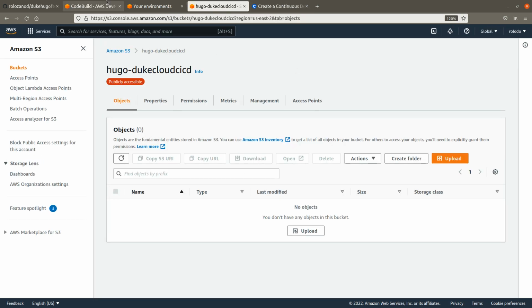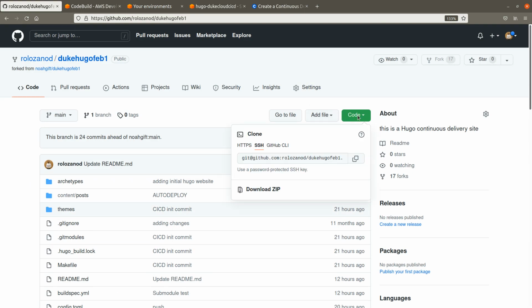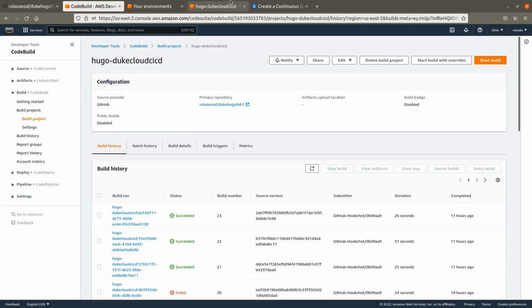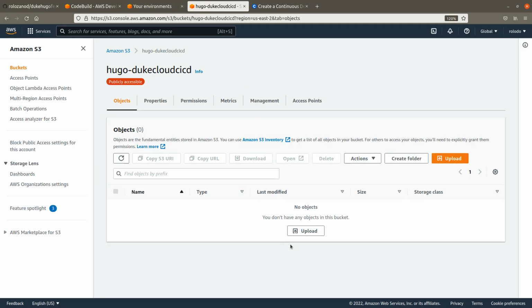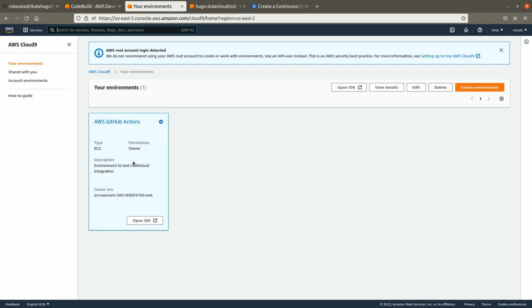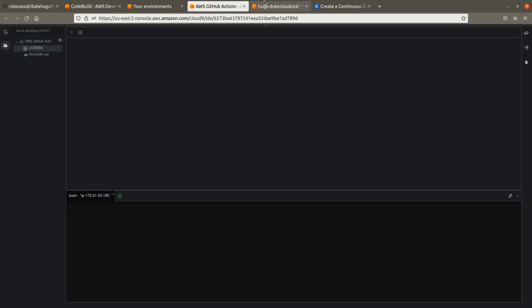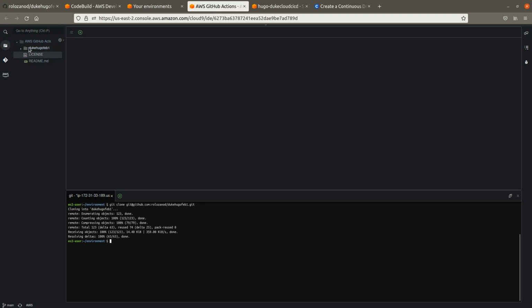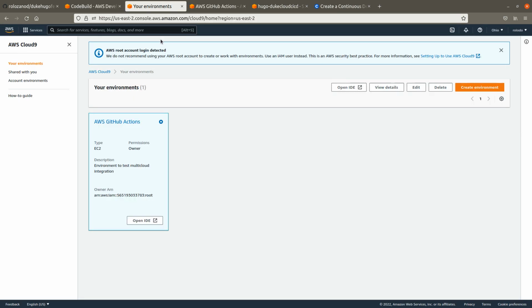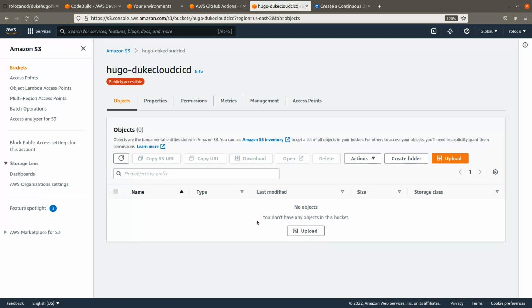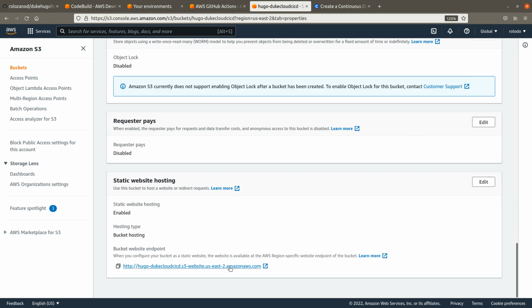So let's make some changes in our website, which currently is empty, by cloning our repo into our Cloud9 instance. We have our website, which is currently not deployed in our S3